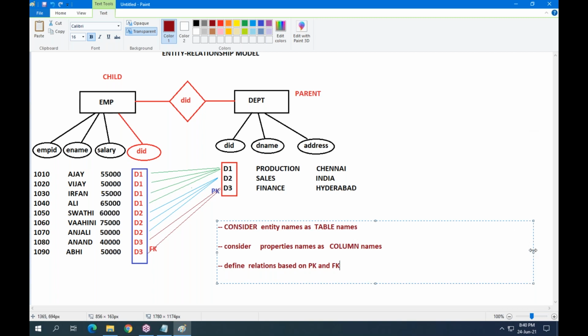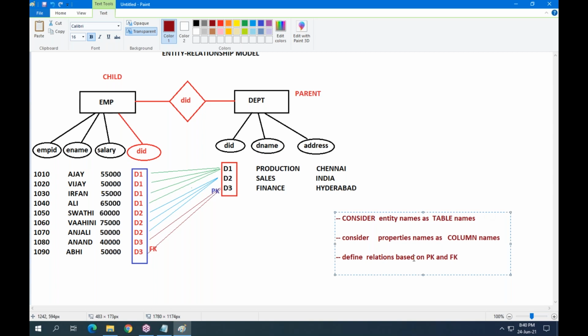Understand, these 3 points are very, very important. This you will understand later. Don't worry about it right now.